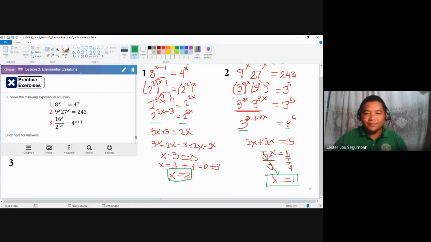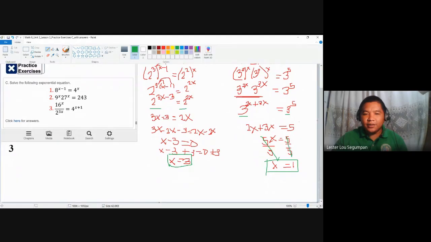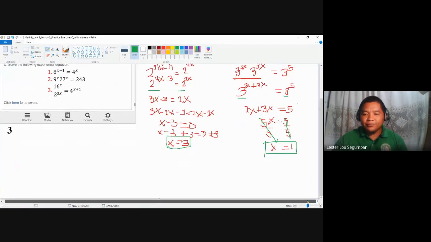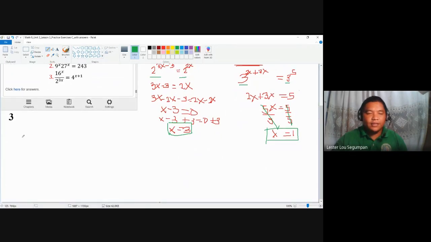How about number three? Okay, I will add additional space because I believe number three will need much space. Okay, this is number three. Number three is 16 raised to x over 2 to the power of 3x is equal to 4 to the power of x plus 1. And let's try to express all by base 2 because this is the smallest base here. 16, as we all know,